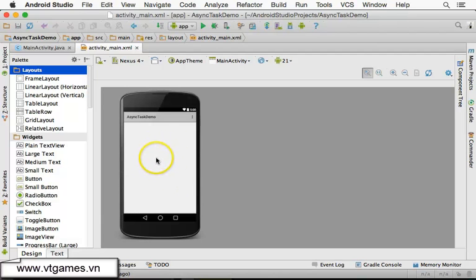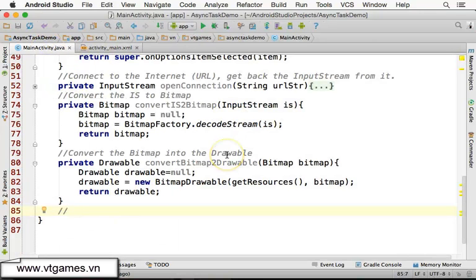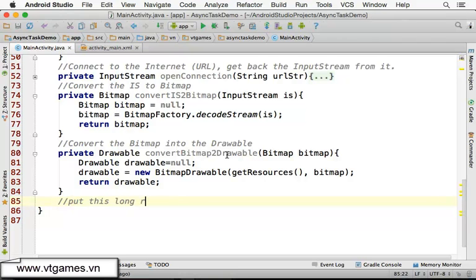If you put a long-running task on the UI thread, it may make your application not respond. So you need to put it into a separate task by creating a new thread, or you can make use of a very useful built-in Android class, which is AsyncTask. So in this case, you need to put this long-running task into